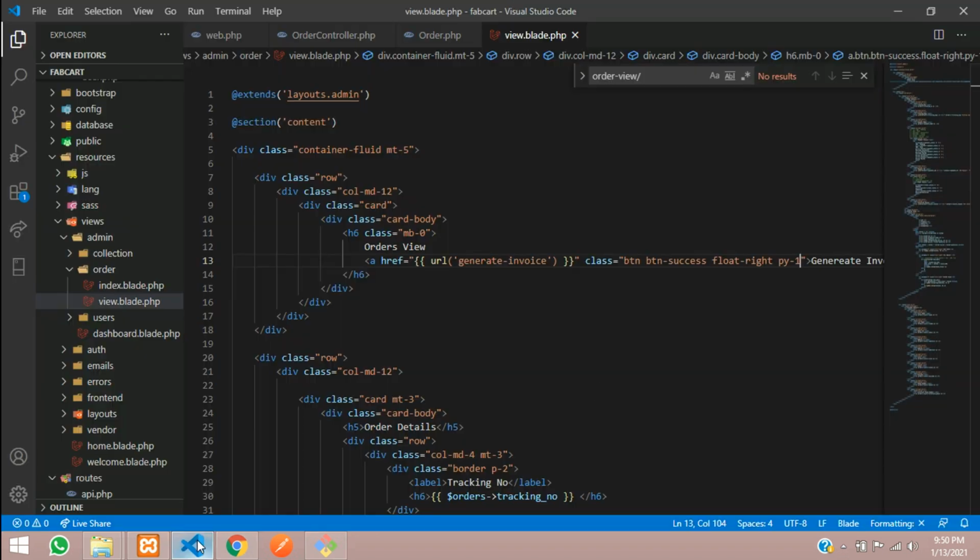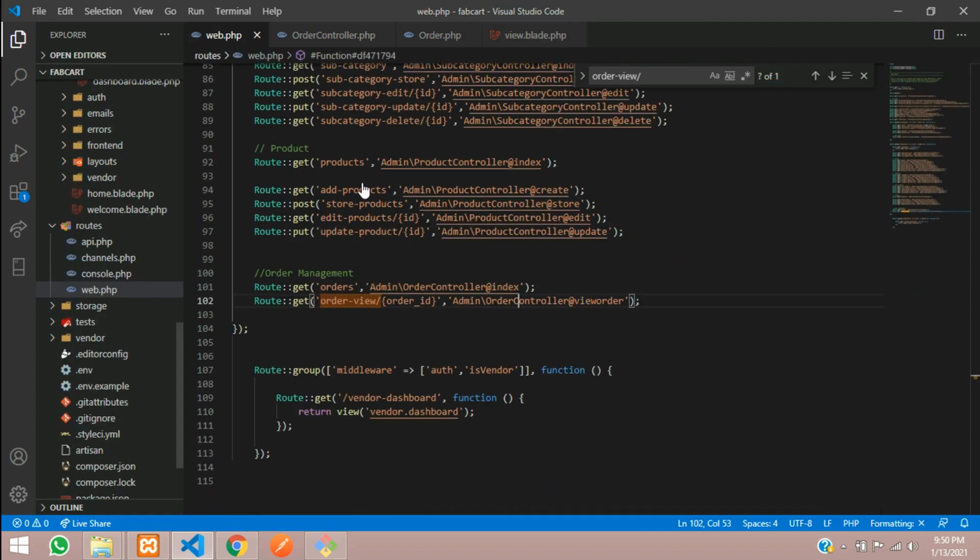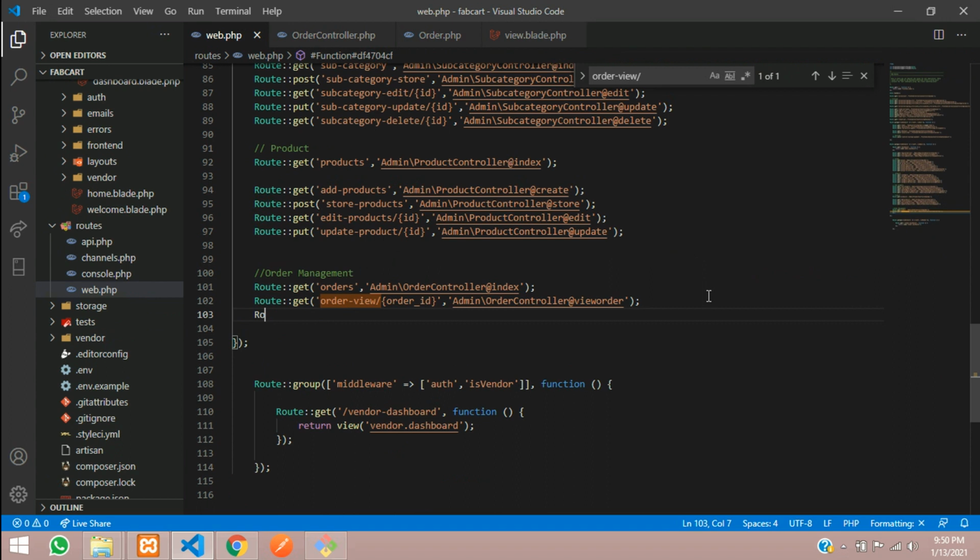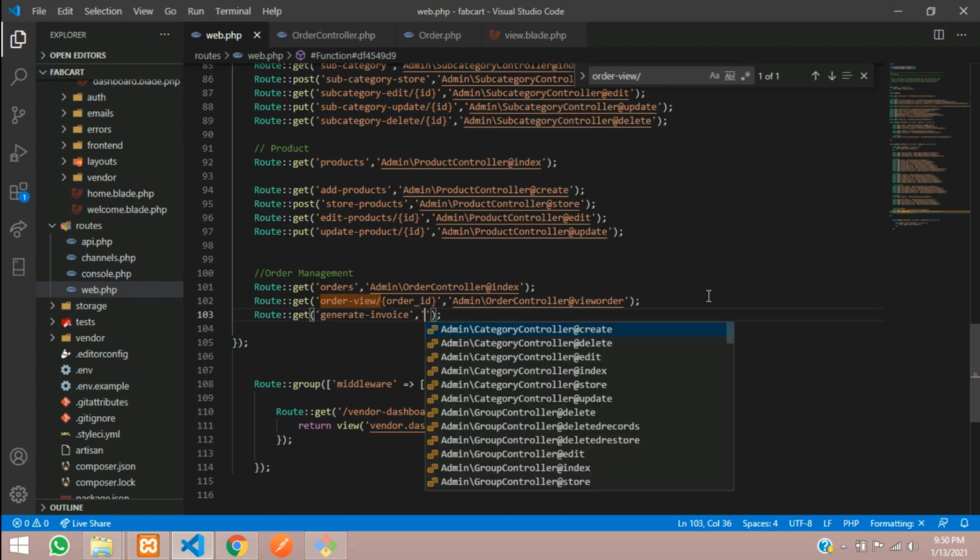Let's copy this and move to web.php and create a route. So we are inside the order management. Over here we will create a route with the get method, where I'll post this, and then over here we will give forward comma and then call a controller.